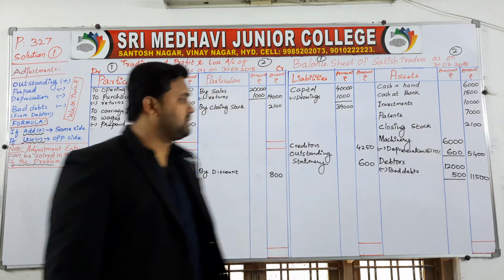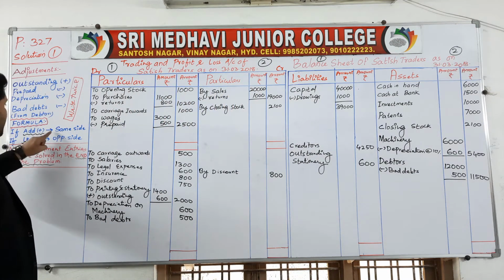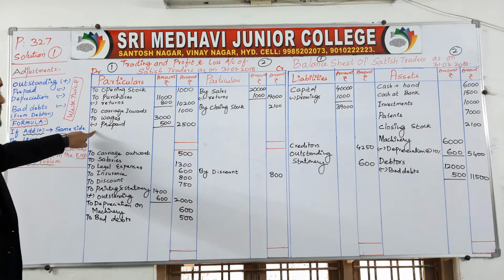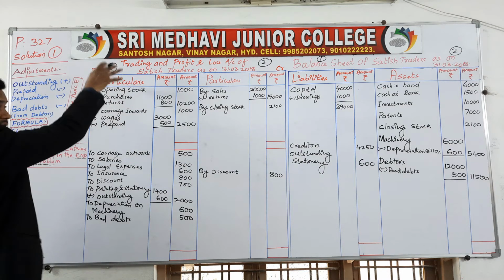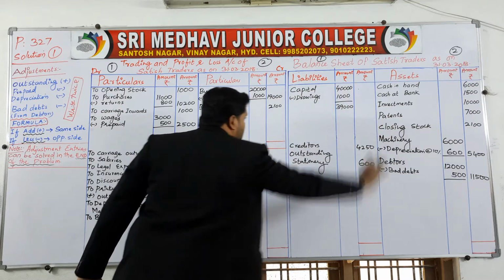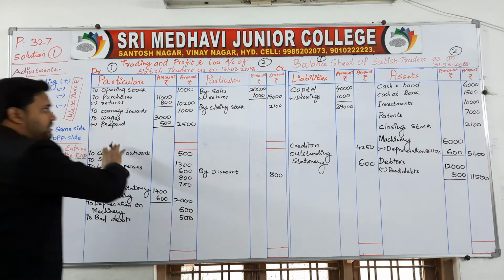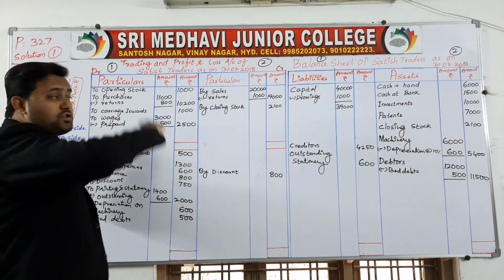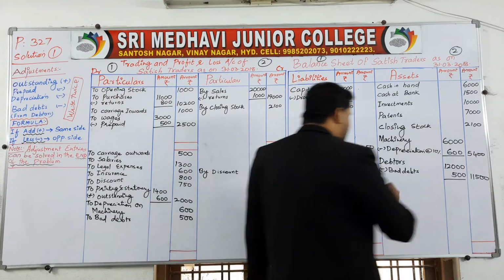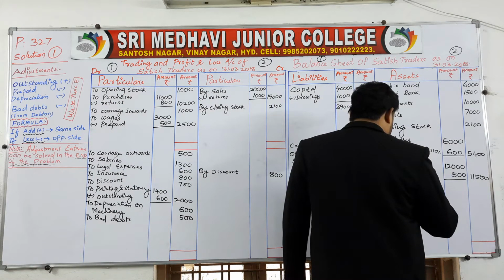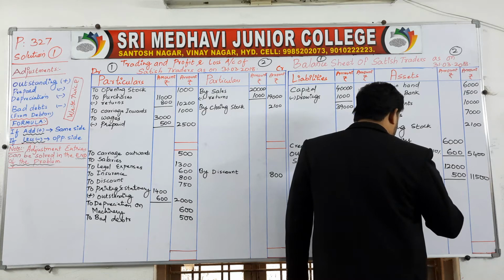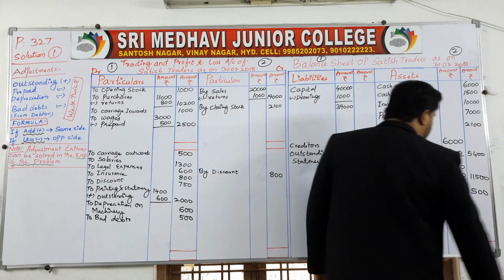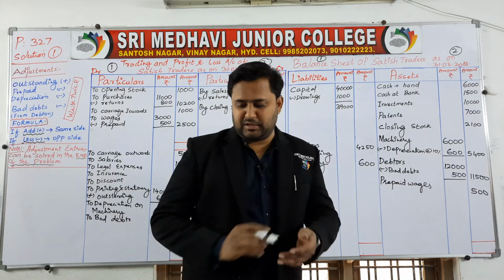Adjustment entry appears 2 times. If add, same side, if less, opposite side. So you have added here or subtracted here? Minus. So side 1's opposite is side 2. So you have to write the prepaid wages on side 2 to complete the adjustment entry. Prepaid wages. How much? 500 you have to write. This is how you have to complete the adjustment entries.